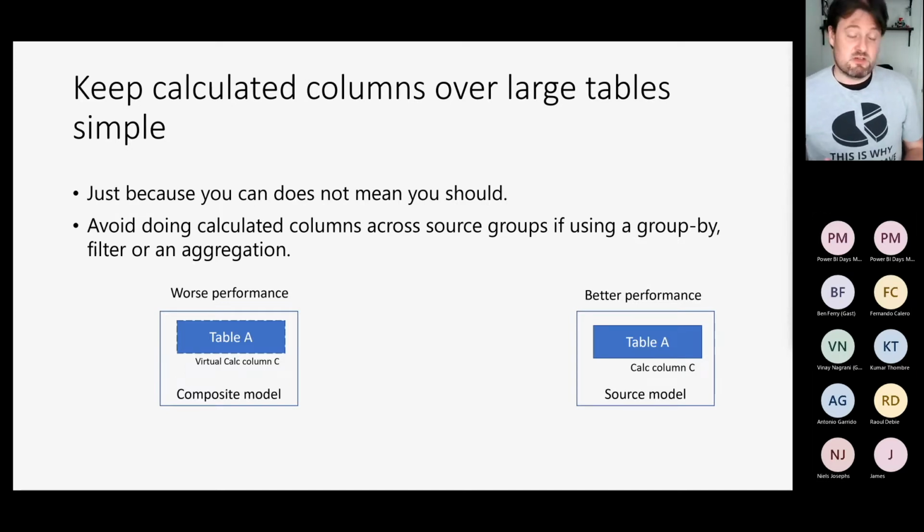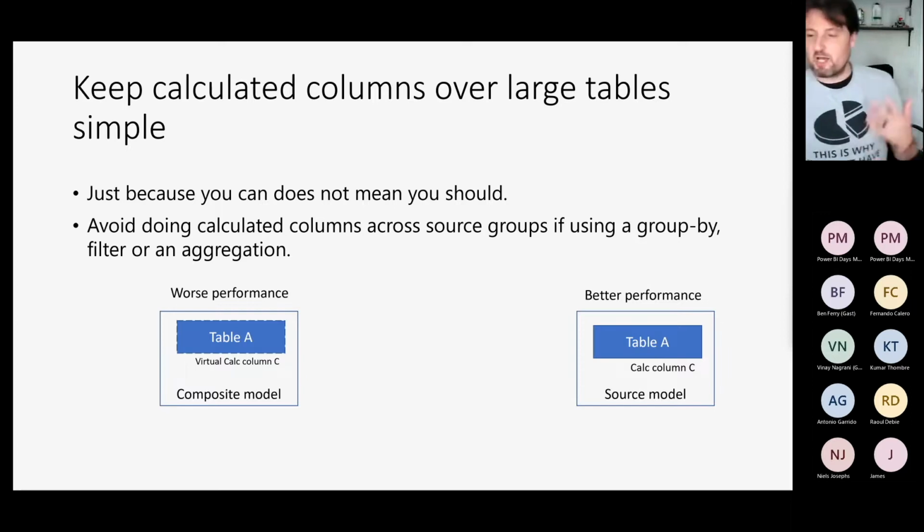And the reason is because the data is not here. So what we do is we have to somehow calculate the whole thing while the data is somewhere else. So there will be loads of queries going back and forth to give you the values in that calculated column. And you should really ask yourself, if you do that, why am I doing this? And why can that calculated column not just be part of the source group to begin with? So best performance would be to move the calculated column you're creating outside of the virtual world, so outside of your local model, and move it into the remote model by itself. That would be best. But of course, sometimes you can't.